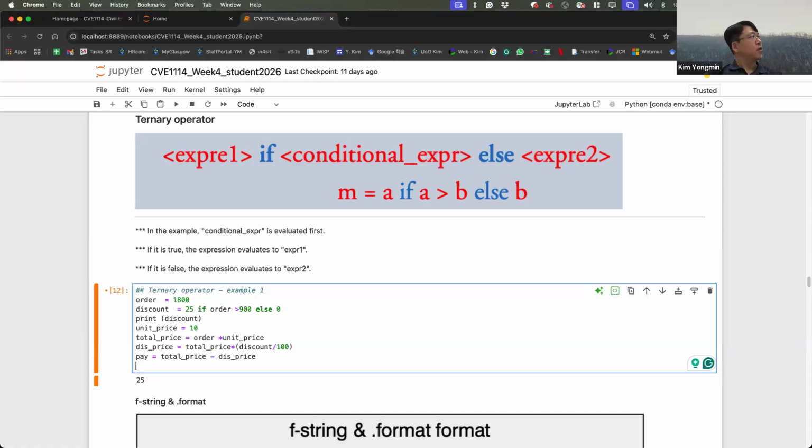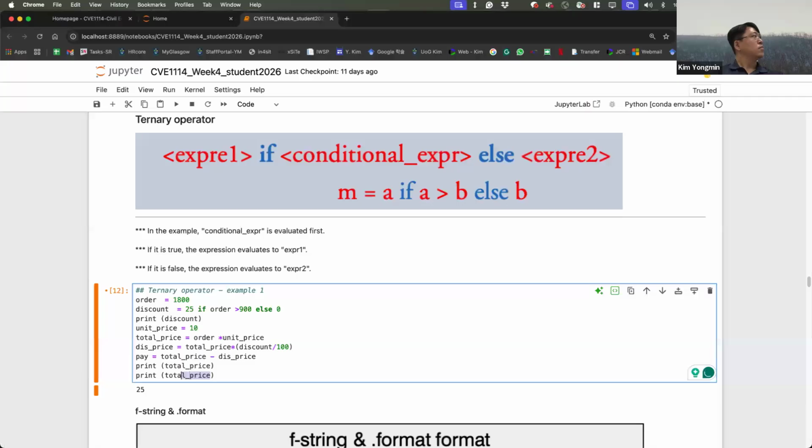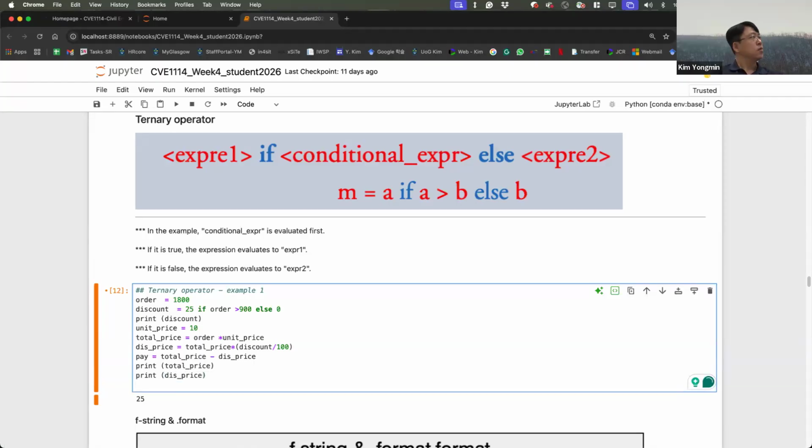Let me check. Print discount, total price. Print discount price.